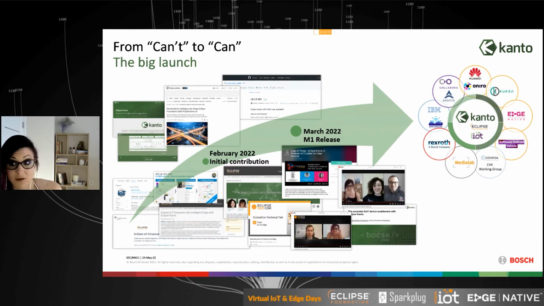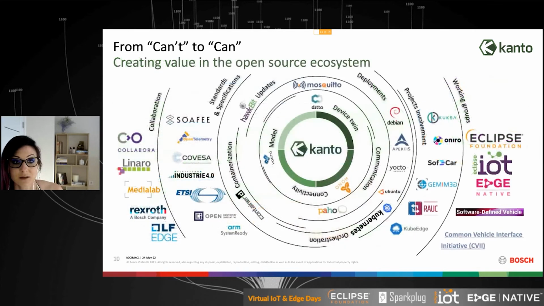So it was a great journey, and in the end, it created the wave and managed to produce so many connections and collaborations into the open. If you look at the picture now, we started small, but this is how it looks right now. We started with Hono, Ditto, Vorto, Hawkbit, and so on and so forth.